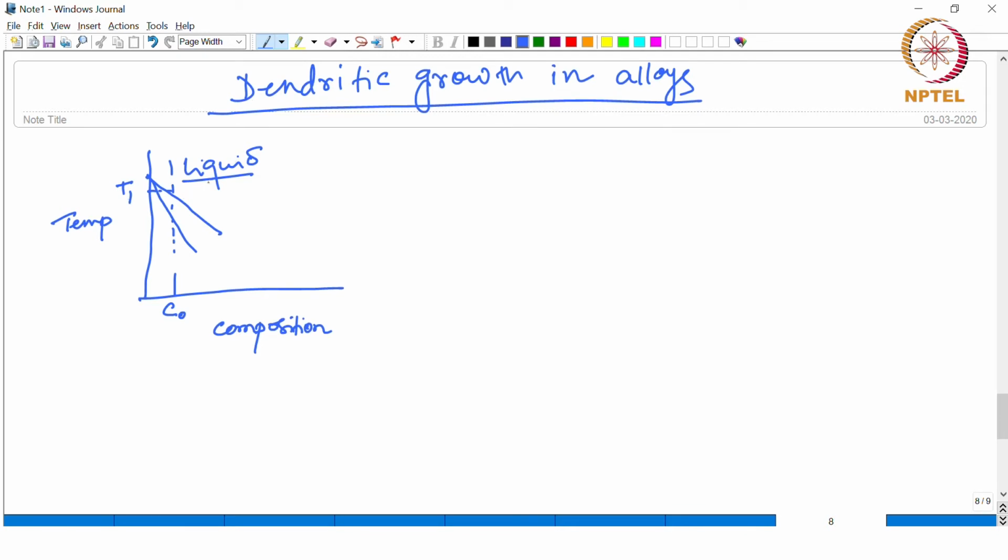So, above this curve all is liquid and below this curve the solid starts to form. So, this particular curve is known as liquidus, and when this is further cooled down, and then when it comes to this temperature here, below that only it will completely transform into the solid, right. So, that is why this curve is known as the solidus,